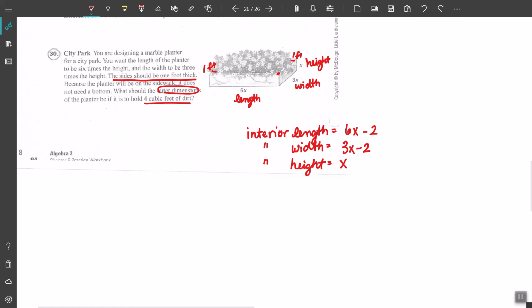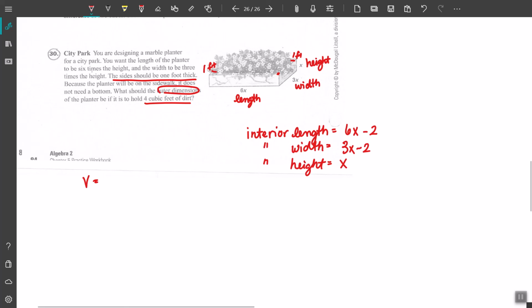If it had a top, you couldn't fill it with dirt. So the height for the interior is actually the same as it is for the outer, okay, because you don't have a bottom that's a foot thick, and you don't have a top that's a foot thick. All right, so now that we've got all that together, we need to think about our